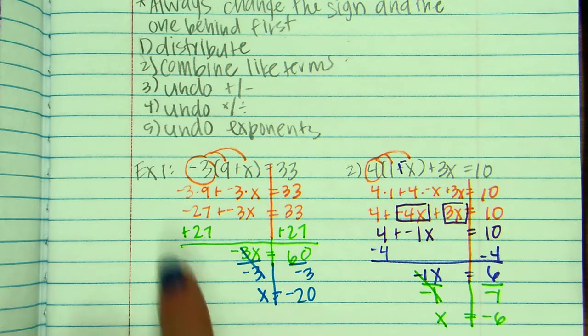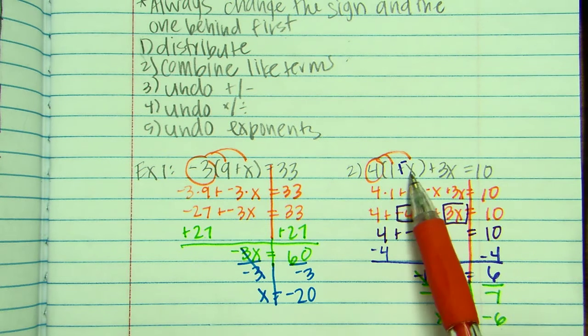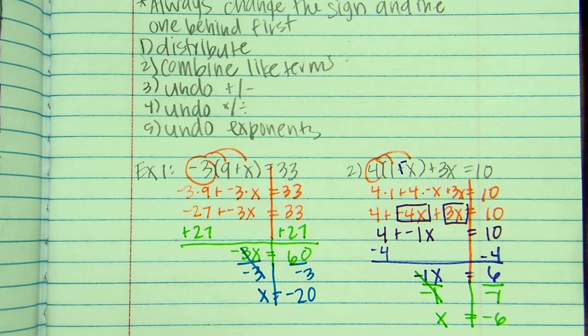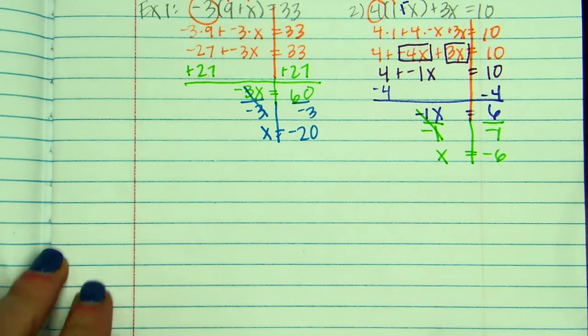And then I would do step 5, which is undo exponents, but I don't have any exponents in this problem. Remember, we can always check our work by plugging negative 6 back in here for x. Okay, let's go on and do another example. For example 3,